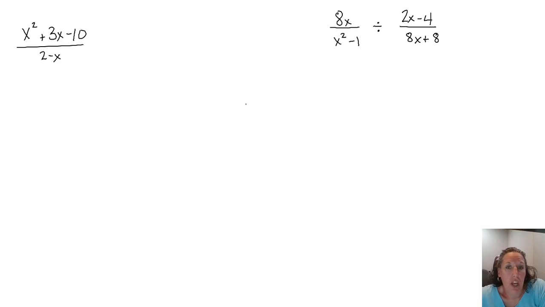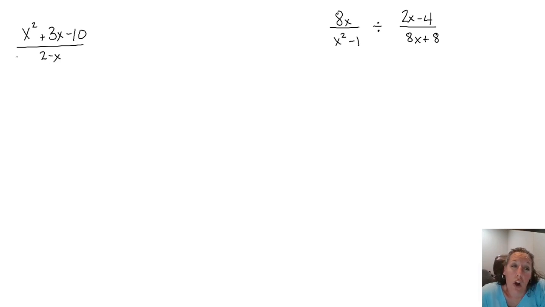Hello, welcome to this video on simplifying rational expressions. In this first video, we're going to take a look at simplifying an expression and then simplifying the division of rational expressions. All right, so our first example, we've got x squared plus 3x minus 10 all over 2 minus